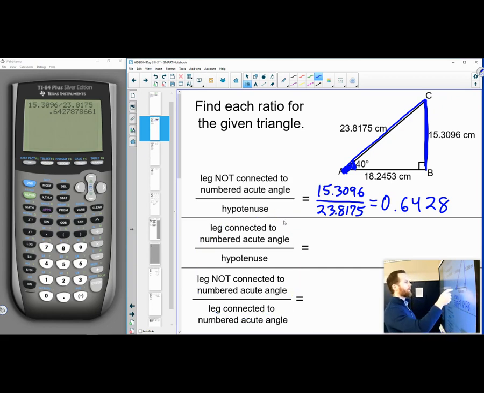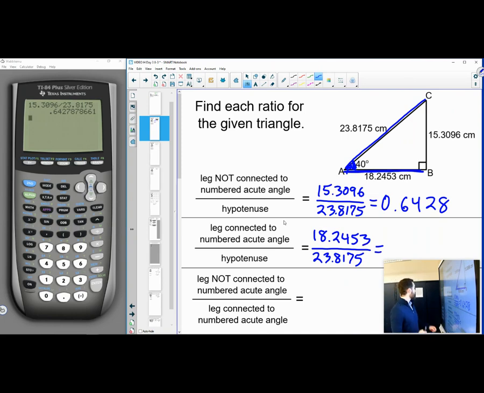Let's roll. All right, so we're still talking about that angle A, because we're talking about still the numbered acute angle, but it's a leg connected to the numbered acute angle compared to the hypotenuse. So we're still using the hypotenuse as the denominator. So we're still using that 23.8175, but the leg that's connected this time to our angle of 40 degrees. So the connected leg would be right there. So the numerator this time is